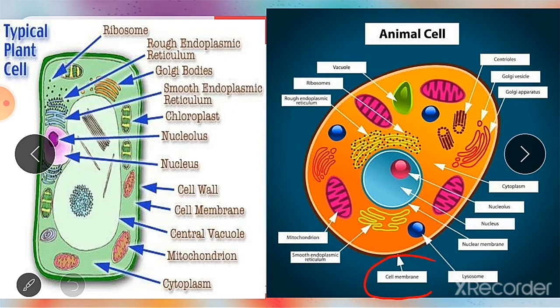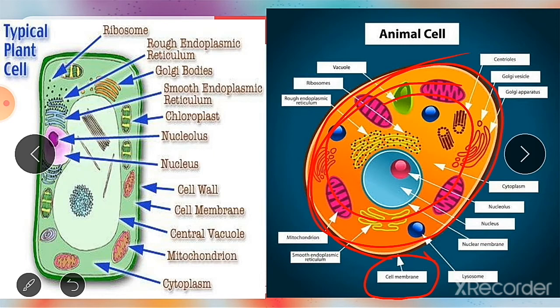Here you can see in the animal cell, this is the cell membrane, and inside the cell you can see all these cell organelles. These are the components, or the contents, of the cell. These contents are separated from the external environment of the cell by this cell membrane, which is the outermost covering of the cell. In the plant cell you can see a cell wall which lies after the cell membrane. So the cell wall is present in the plant cell, and it is absent in the animal cell.